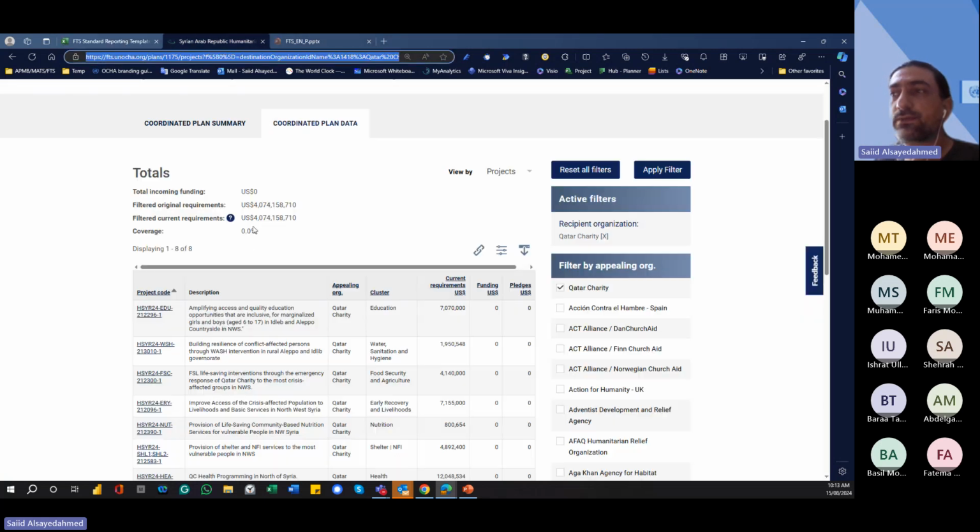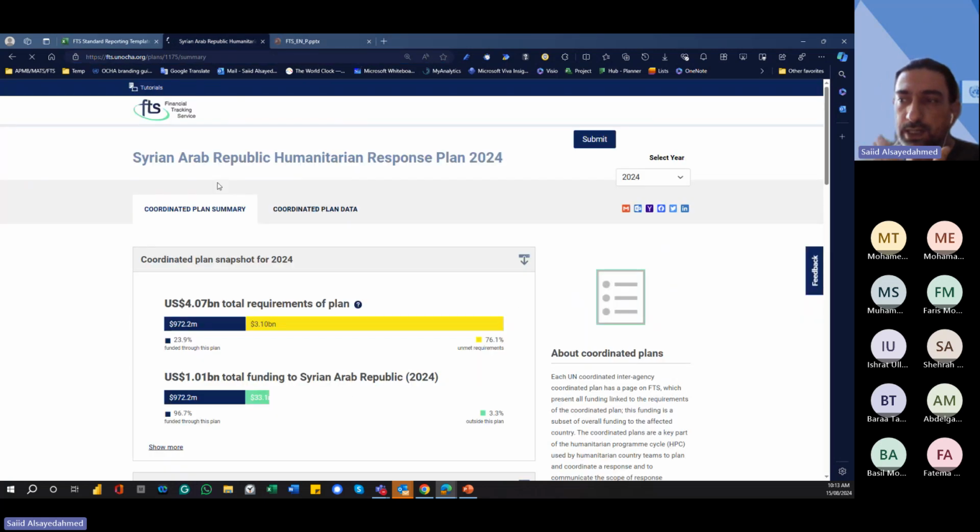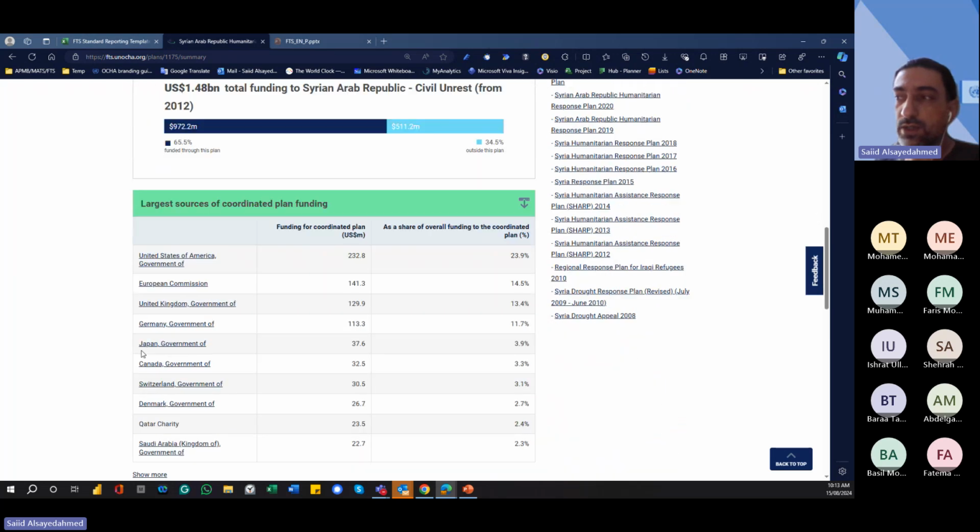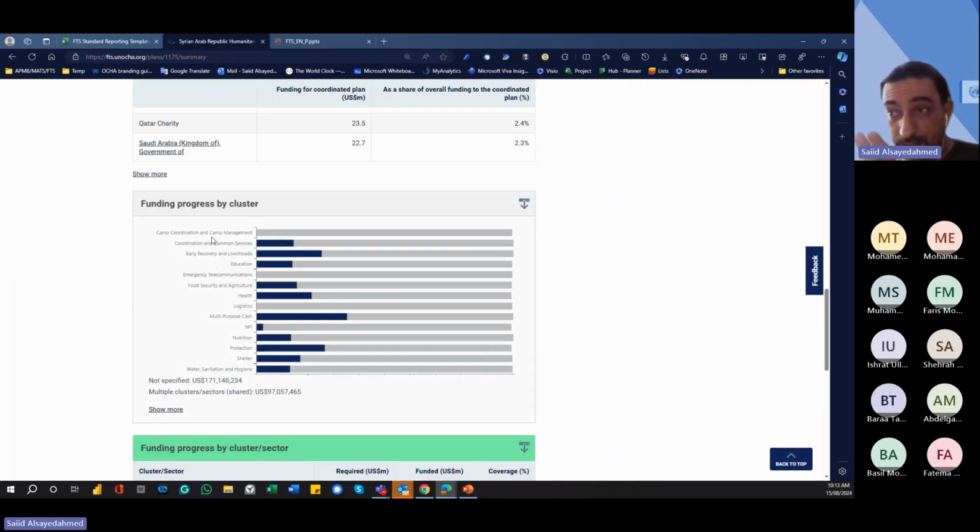You can go to FTS and find hundreds of analyses built on this: who are the biggest recipients among sectors, how it was funded. So the multiple cluster sector is not even appearing in this chart. Whenever you say it's multiple, it's not counted in this chart. Yet it's counting through the total, but it's not showing anything on this chart. So if you have a huge